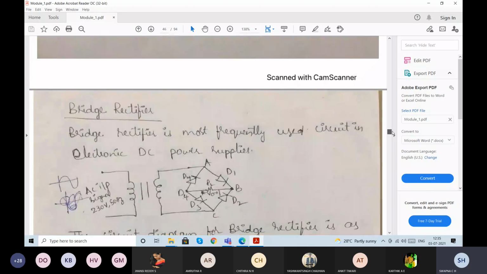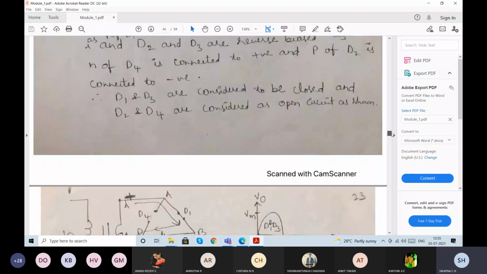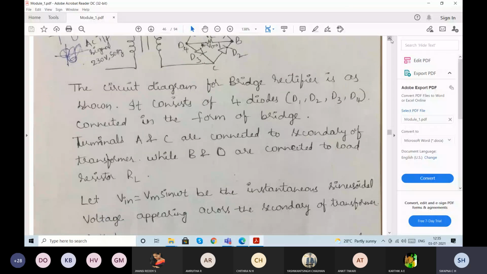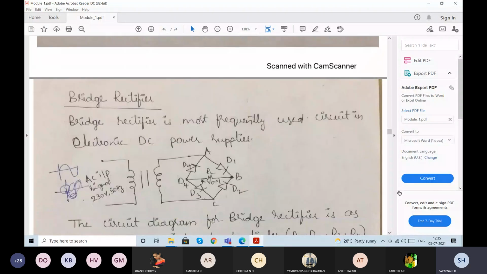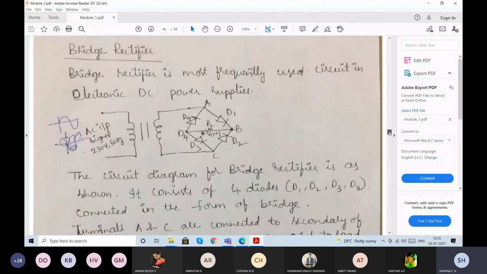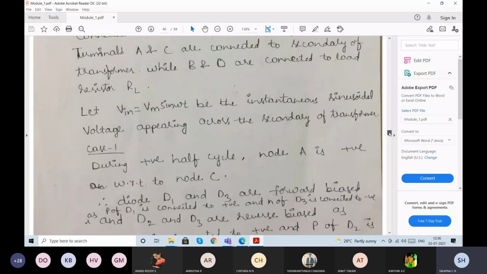Then to overcome those disadvantages, we have the bridge rectifier. In the bridge rectifier, we use 4 diodes, and remembering this circuit is very, very important. The diode locations, their directions, how exactly each point is connected to what, that is very, very important. Because if you reverse the directions, your analysis will go wrong. So it should be constructed in this way only. Only when it is constructed in this way will you have the proper rectified signal. Here the drawback is we are using 4 diodes.